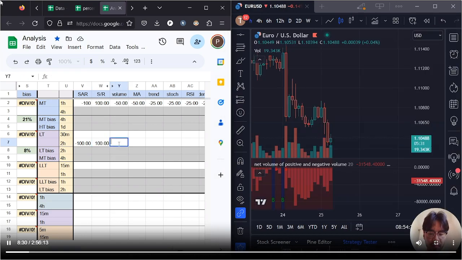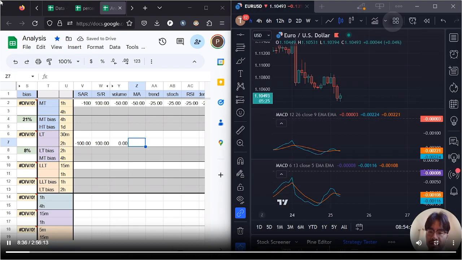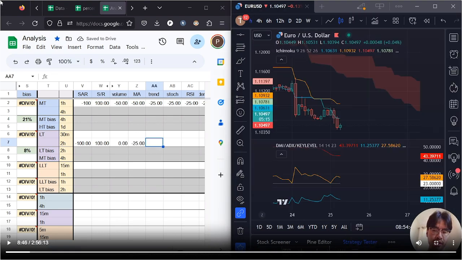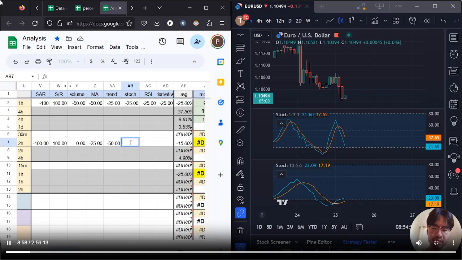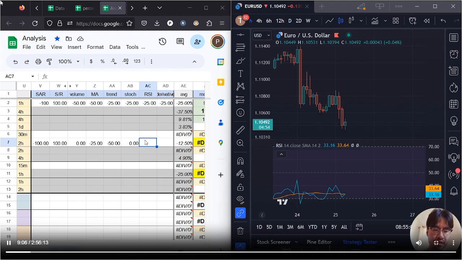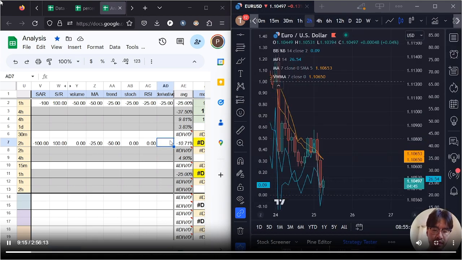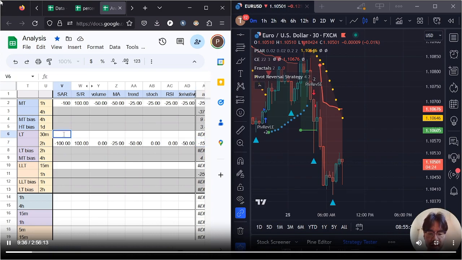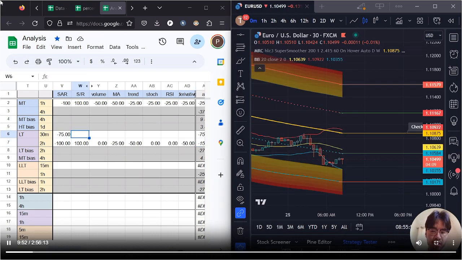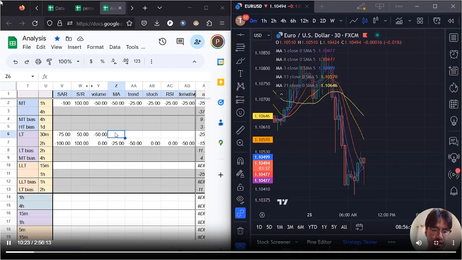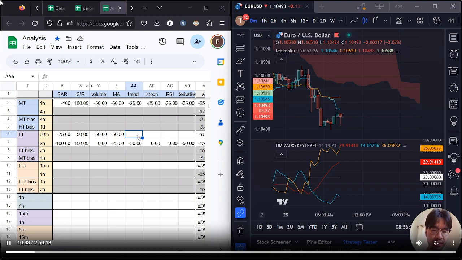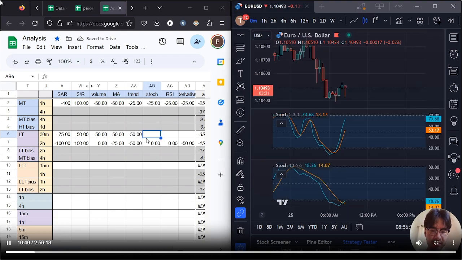for this one, volume 0, MACD that'll be a minus 25, trend give it a minus 50, stochastics give it a 0, RSI give it a 0, derivative give it a minus 50. Give this one a minus 75 here, this one would be a 50, volume give it a minus 50 here, MA give it a minus 50, Ichimoku give it a minus 50 here,